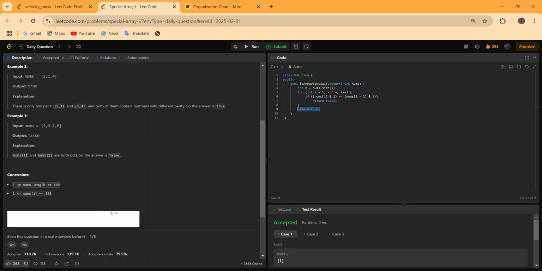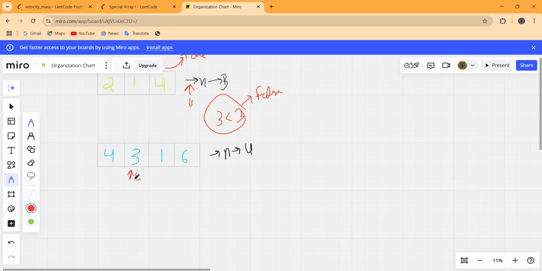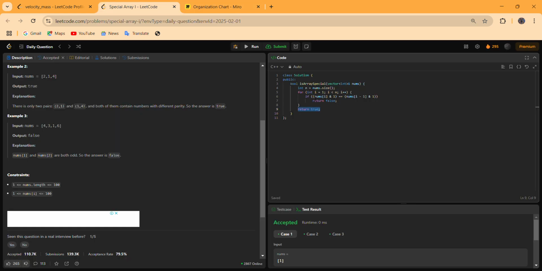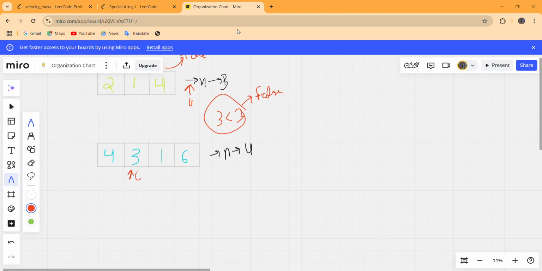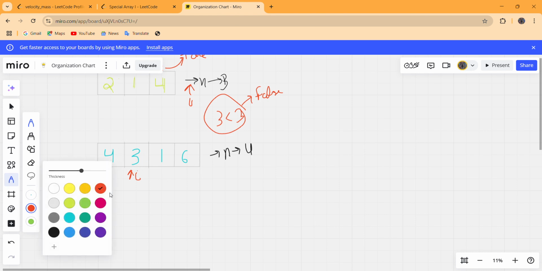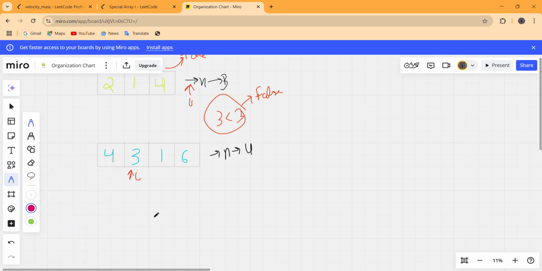I equals 1 is definitely less than 4. That means I is within the range of 4, so the for loop condition will return true, and the cursor will move inside the for loop and check nums of I, which is 3, and 3 in binary is written as 0 0 1 1.